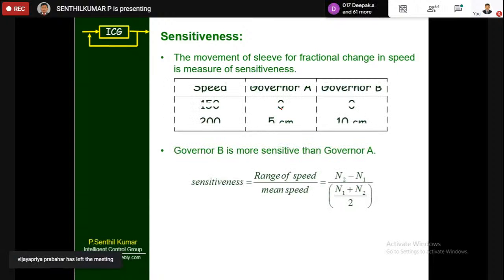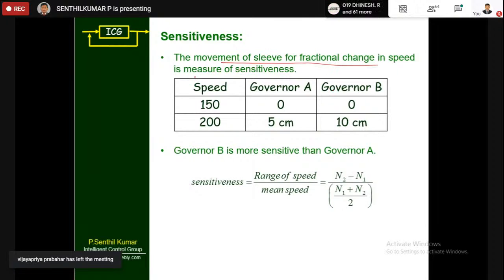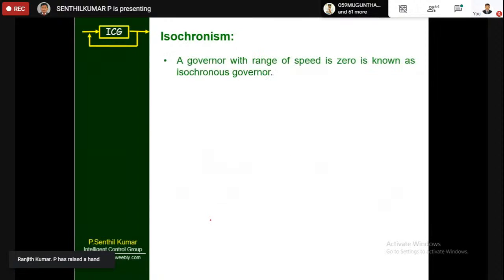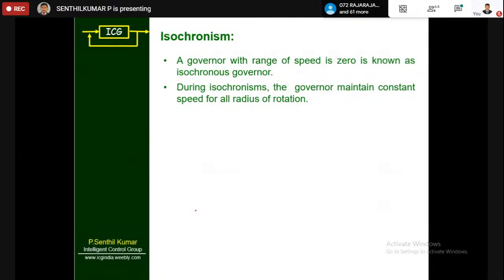Sensitiveness. What is sensitiveness? The movement of sleeve for fractional change in speed is measured in terms of dash. They will give 4 options, and you have to select any one. Then they will give some speed values N2, N1, and ask you to find out sensitiveness using this formula. That is possible. Then isochronism. They can ask the definition: a governor with range of speed